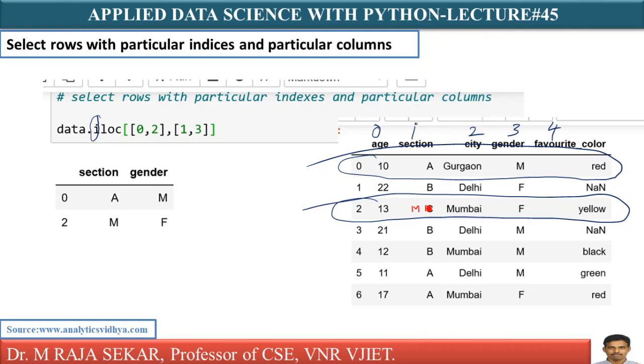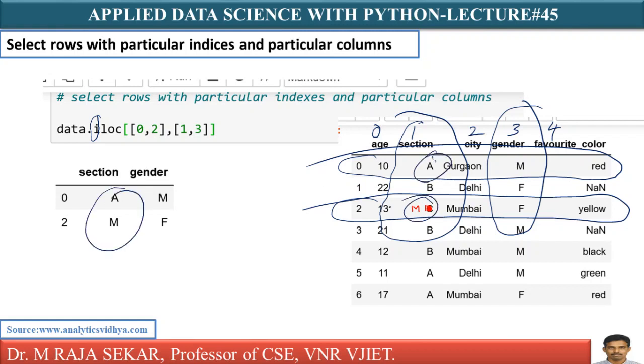1 3. This is the first one, and this is the first one, like this. This is the third one, isn't it? Just which one is common? AM. Just see, AM. In between there is a first row. First row is not included. You must remember that. Therefore, you are getting AM.